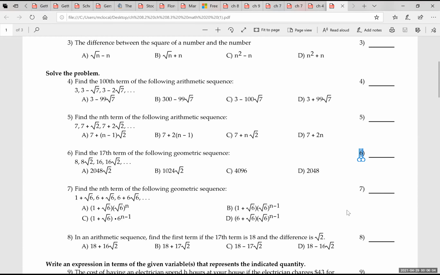All right. The next problem, which is problem number 5, they're saying find the nth term of the following arithmetic sequence. Okay, so the one thing which we know, it's an arithmetic sequence, so that's given to us. So in order to find the nth term of the arithmetic sequence, they're not asking you to find the 100th term, right? Just the nth term. So what we do,